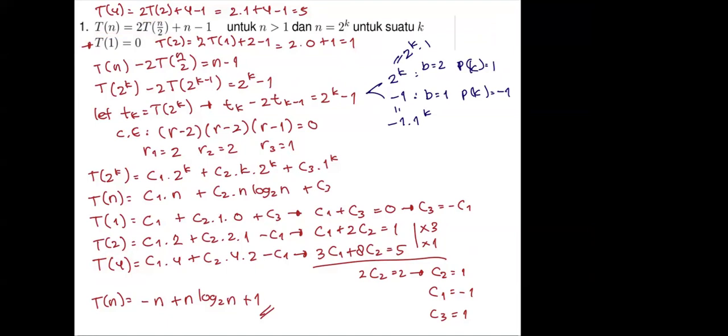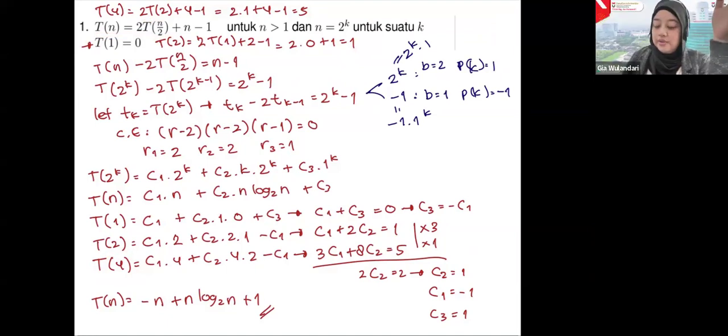No worries. So here the main problem is we need to find three equations, and you can use any n. So just use n that is easy to find. So because we assume that n is power of 2, then we will always use power of 2 as n. Okay, any other question?